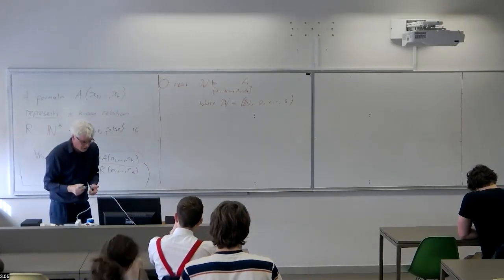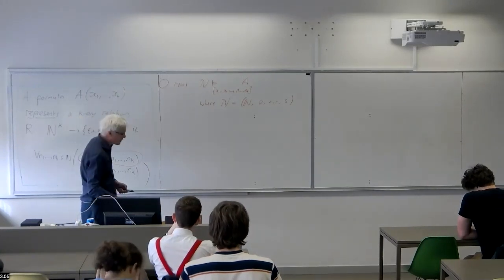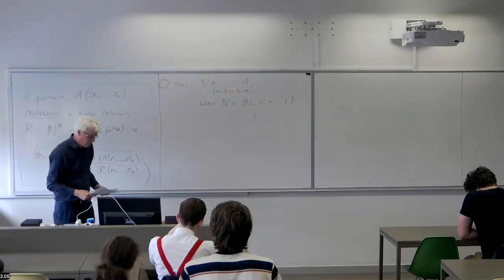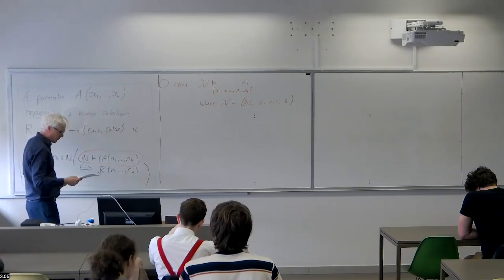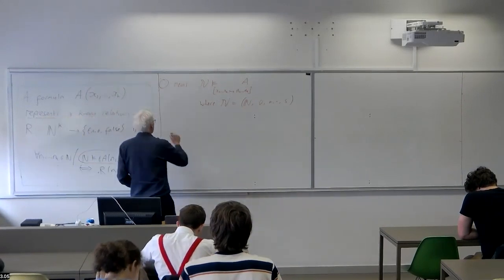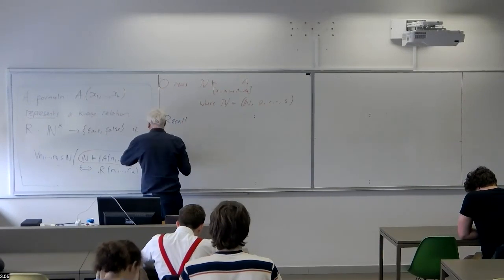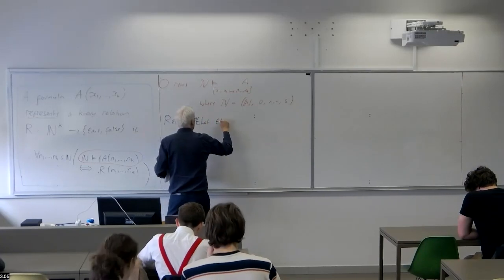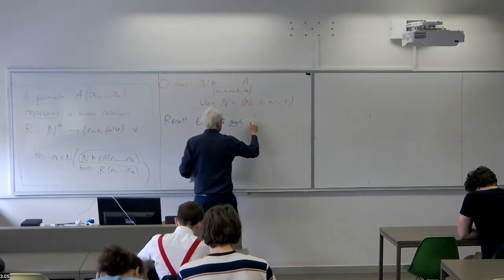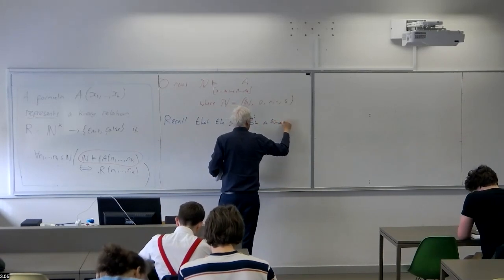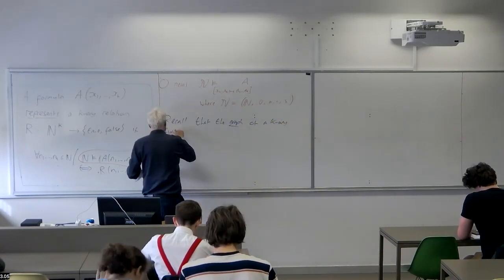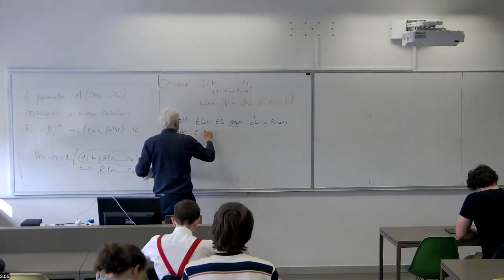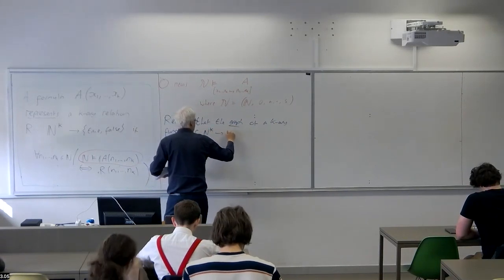But exponentiation is a function rather than a relation, so we want to know what it means for a formula to represent the function, and by that we're simply going to mean that the formula represents the graph of the function. Recall, this is all basic stuff, but I might as well go through the definition to be complete. So recall that the graph of a k-ary function, that's the k-argument function on the natural numbers, from N to the k to N.